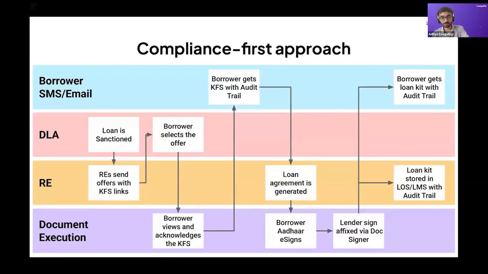For your benefit, we've also prepared a detailed swim lane diagram denoting the obligations we've spoken about in this webinar. As you can see here, the front end is by the DLA or the LSP, and the back end heavy lifting is by the RE. So here the document execution leg we mentioned, right, is usually performed by a third-party vendor like Leegality. But fundamentally, it is the Leegality account of the RE that needs to be used here, not of the DLA